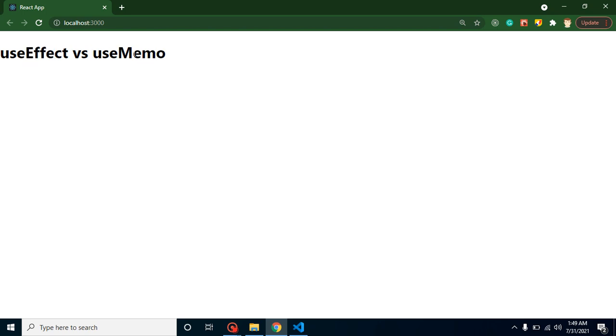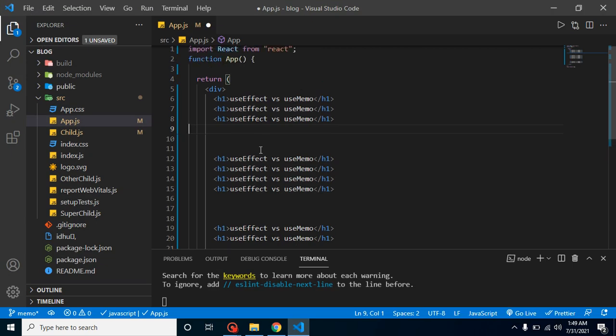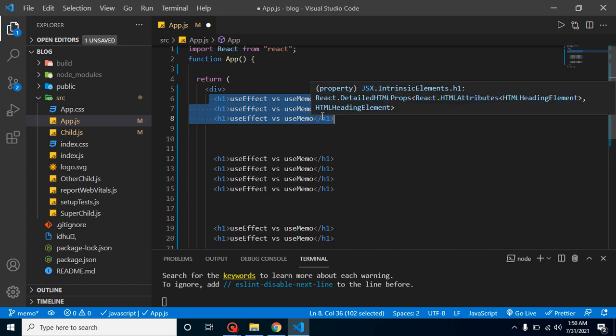But when you want to stop the extra re-rendering of a specific part of your component, that time we basically use useMemo. So let's say you want your complete component to be re-rendered again and again, you don't have any problem, but the code related to these lines should not re-render again and again, right? You want to control the rendering of some lines of your component. That time we basically use useMemo, right? So now let's see how we can implement.